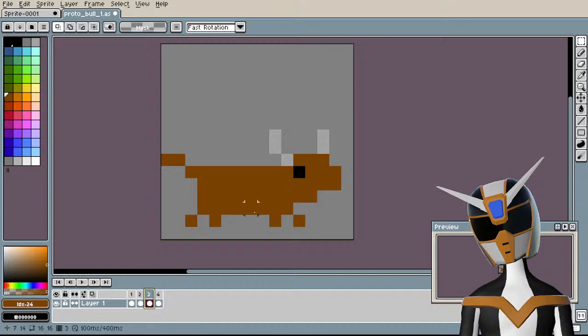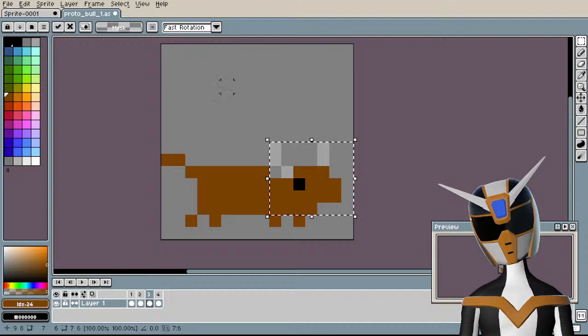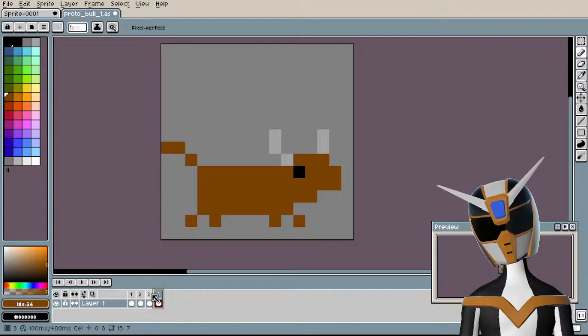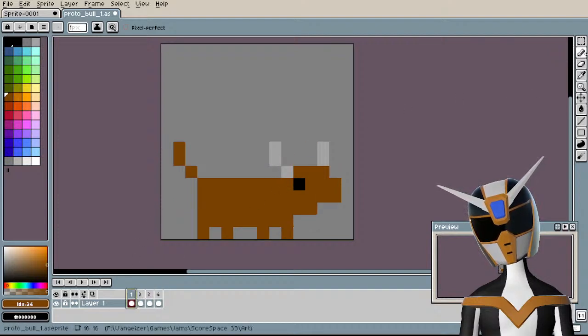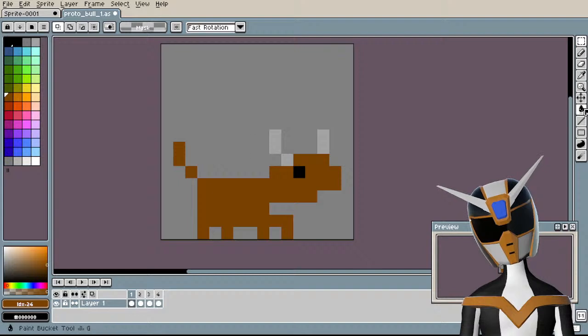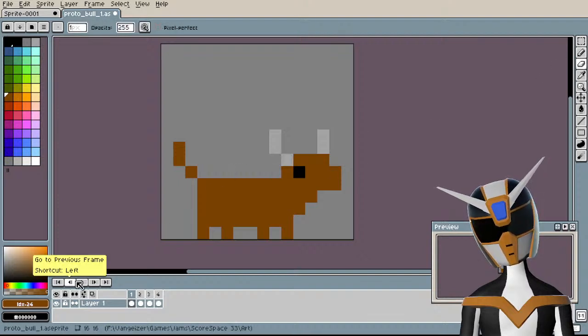And then let's have his whole head kind of 1 frame behind as well. Then on this frame, it needs to go up. Fill in a pixel there and erase this pixel.